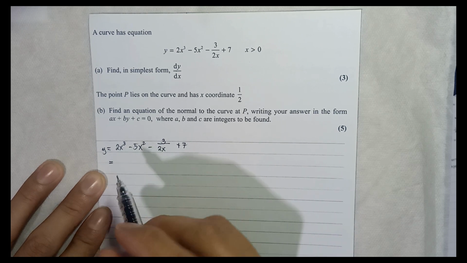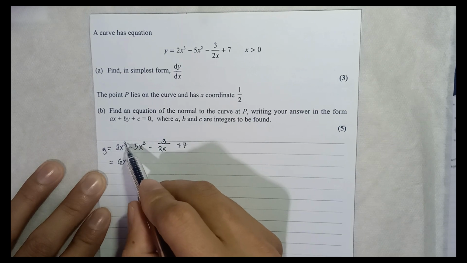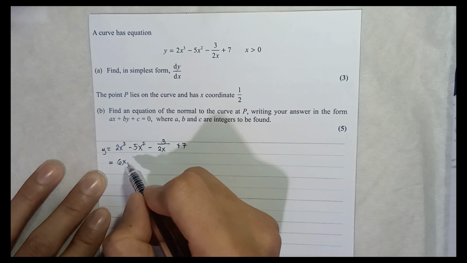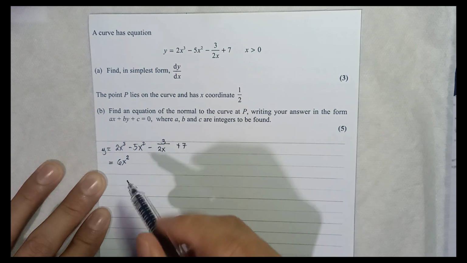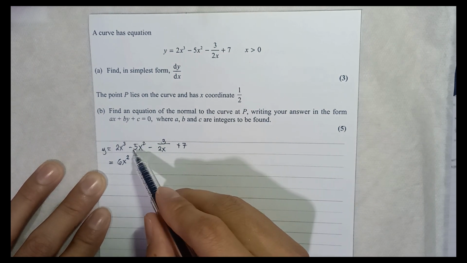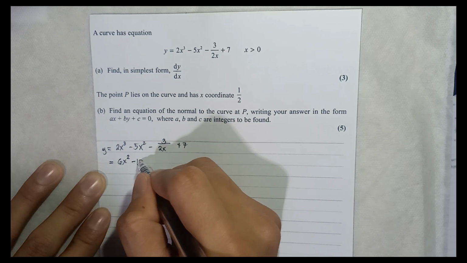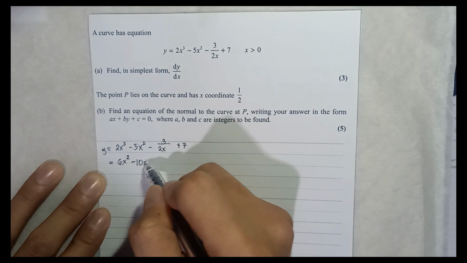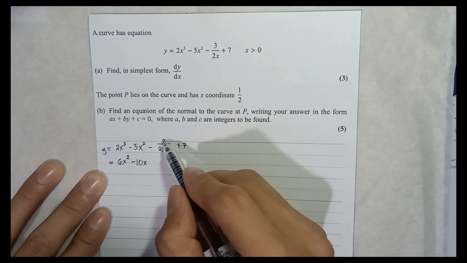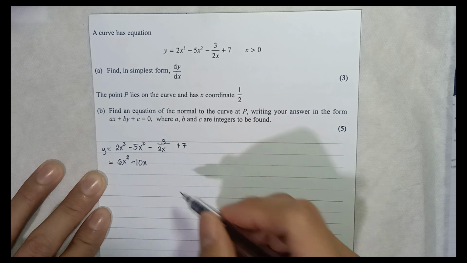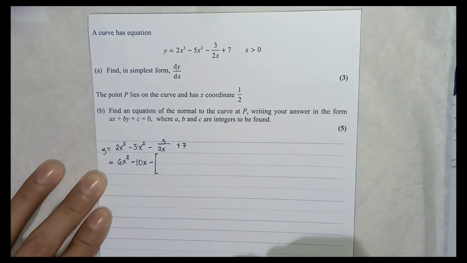So we have 3 times 2, that gives us 6x, and then subtract 1 from the exponent 3, that becomes squared. Then negative 5x squared: again exponent times coefficient, so 2 times negative 5 gives us negative 10, and then x raised to 2 minus 1, that's only 1, so we don't need to write that. But for this one, we have a negative, then since we have a fraction, we can use